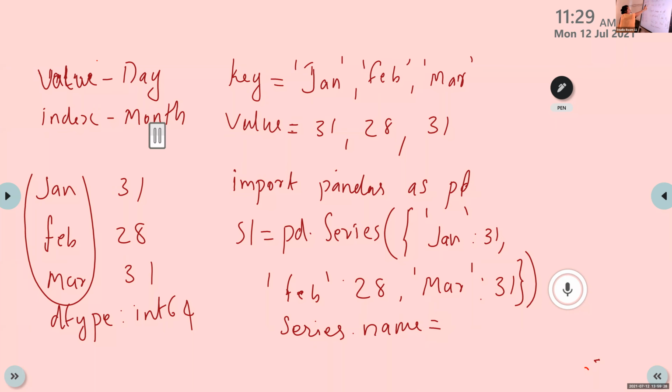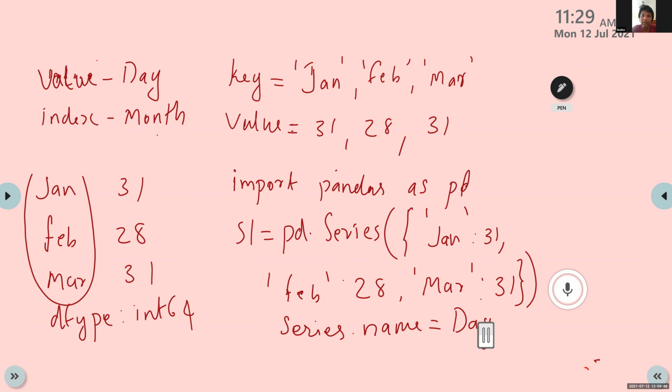Index is month, value is day. So first I will write the value name as day. How can we write day, Sneha? Is it a correct statement? No, ma'am. How can we write this day?